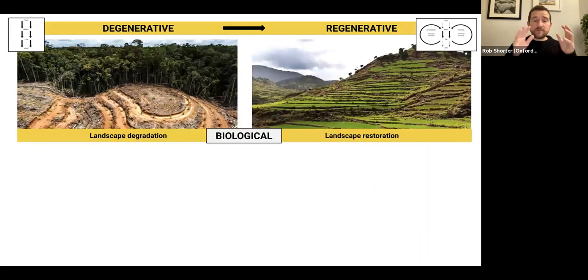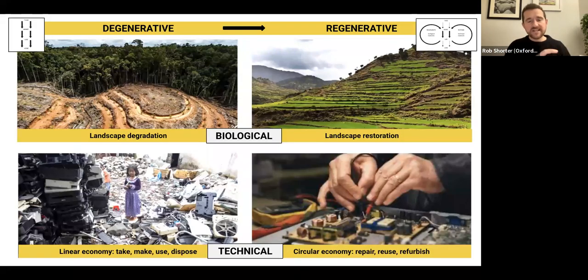And so it could be biological, where we're restoring landscapes, or it could be technical, where we're understanding all those materials that we now are responsible for stewarding back into the top of that industrial process, or the process of recreation and regenerative design. So there's loads of great work going on in these spaces. In the technical area, the word circular economics is really commonly used,